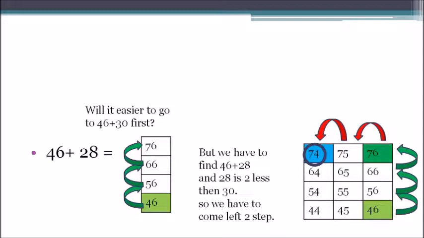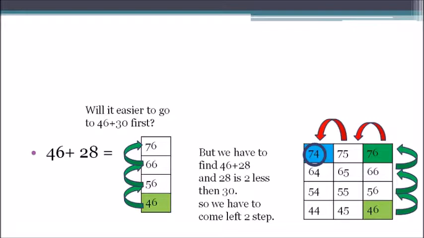हमें ये पता है कि हम 46 प्लस 30 इजीली फाइंड आउट कर सकते हैं क्योंकि 30 में 3 टेंस हैं, बस और कुछ नहीं है। तो हमने पहले क्या किया, 46 प्लस 30। 3 टेंस मीन्स 3 टेंस हम ऊपर चलेंगे। 46 से हम 3 स्टेप्स जब ऊपर चले जाएंगे तो हम कहाँ पहुंचेंगे? 76 पे पहुंचेंगे।